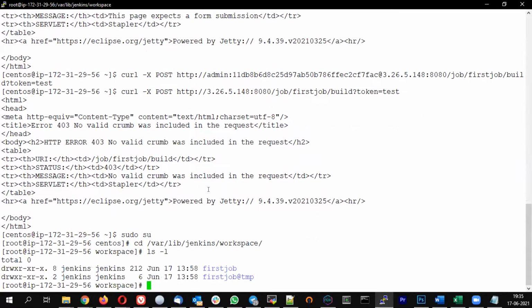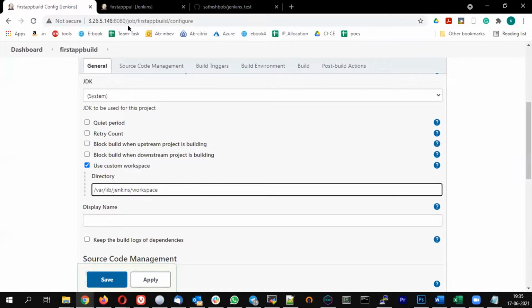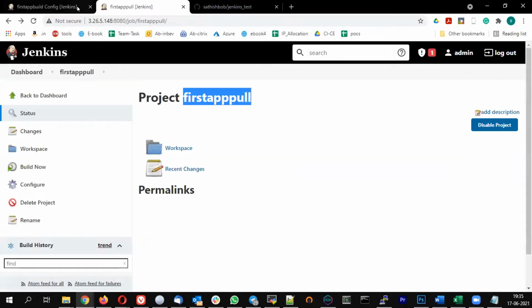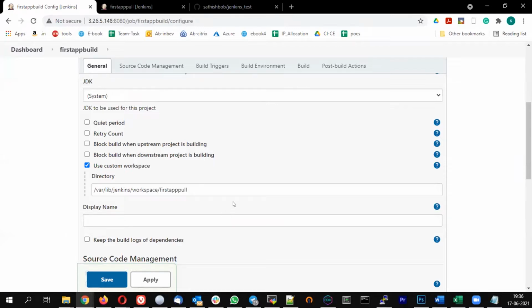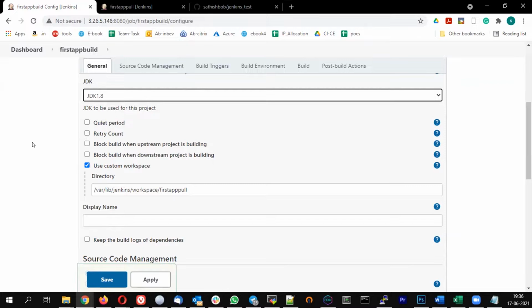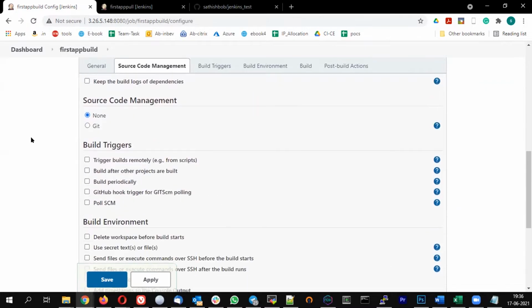Inside that, a new job directory will be created, so it will be first app pull. I want to use this directory as the workspace. Let me use JDK 1.8. And next,